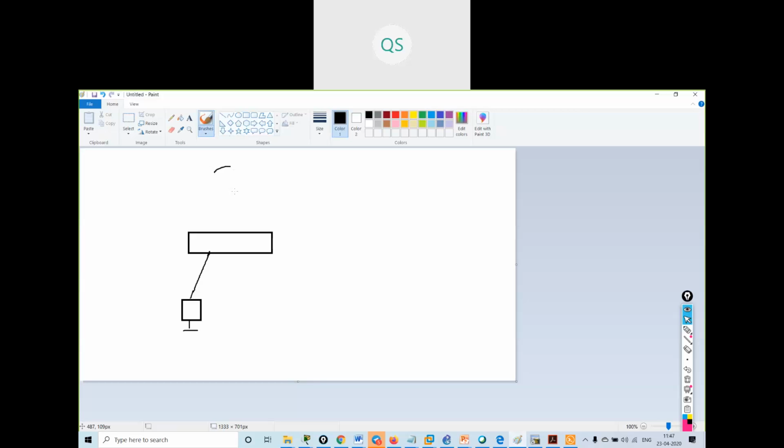Here I'm having a router, and this router is connected with the ISP's router. Some IP address is given on this link.